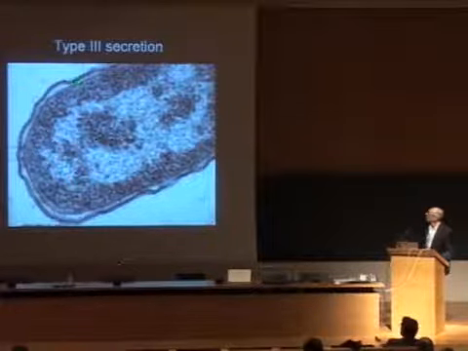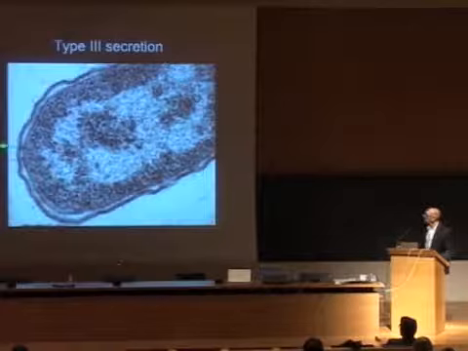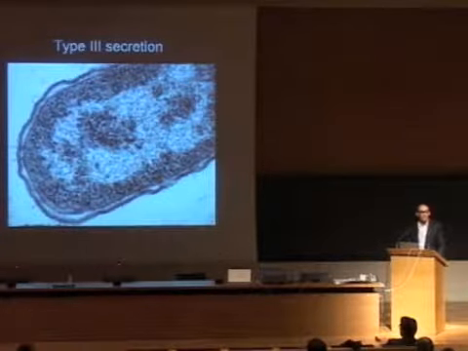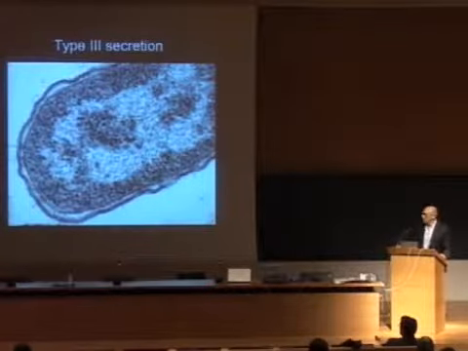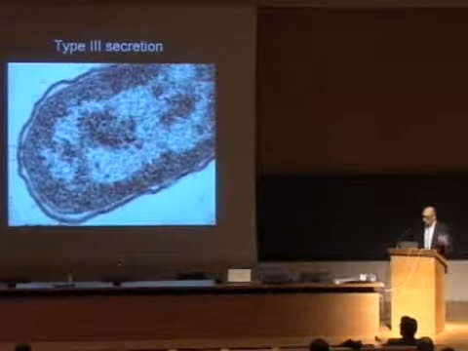So this is a transmission electron microscope image of Shigella flexneri. This is the cytoplasm, and you can see clearly the double membrane that covers the bacteria. You can also see these protrusions, which are the type 3 secretion apparatus. And the type 3 secretion is a machinery that delivers proteins from the cytoplasm of the bacteria into the cytoplasm of the host cell. And the scheme, the dogmatic view of how type 3 secretion works, is the following.